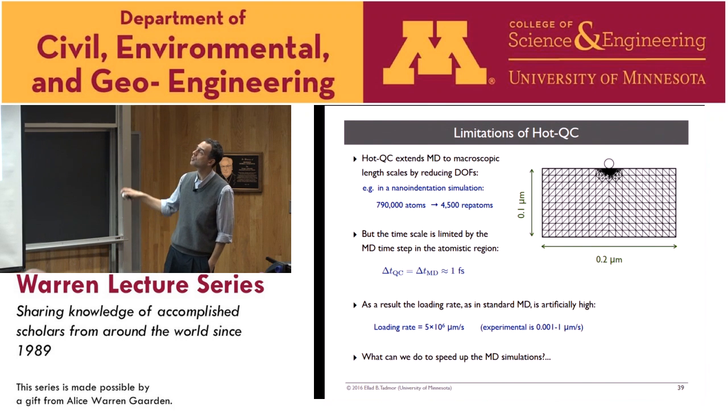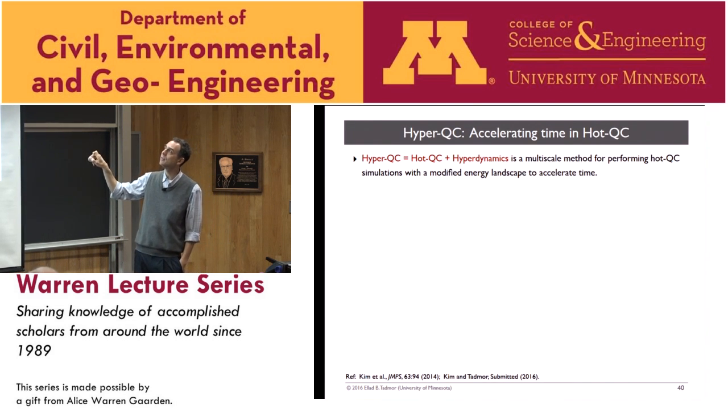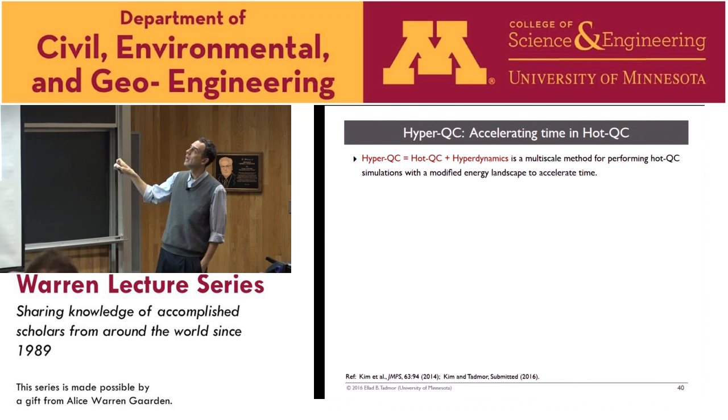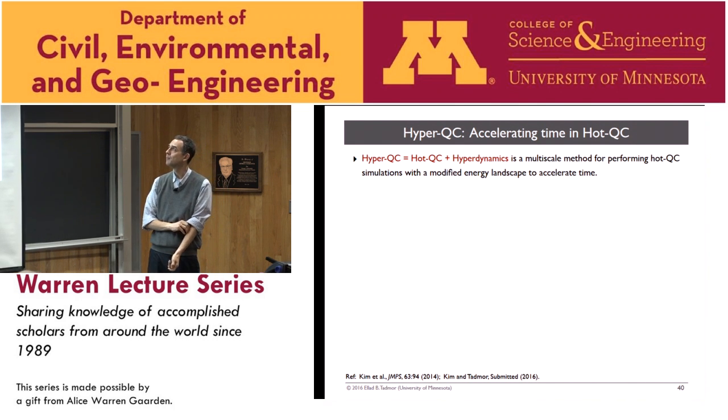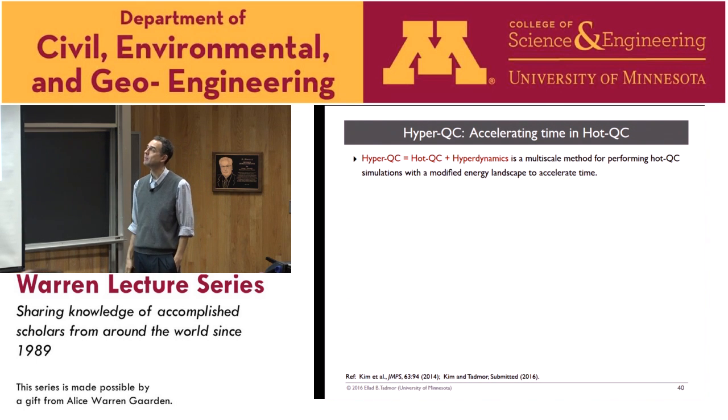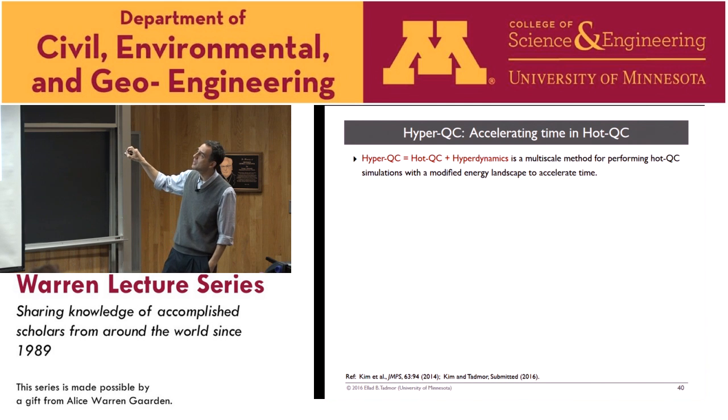And so what we've done is taken this quasi-continuum multiscale method and coupled it with another method called hyperdynamics, which was developed by Art Voter at Los Alamos. Voter is a chemist who originally did kinetic Monte Carlo type simulations and was frustrated by the limitations of those methods, their predictability, because you only got out what was in your rate table that I showed you before. He wanted to do something where the molecular dynamics themselves were accelerated. He developed several methods for doing that. Hyperdynamics is one of them, and it's based on this idea.